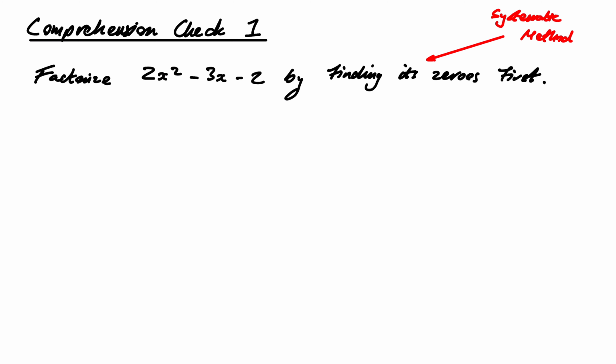Okay, let's factorize this using our systematic approach, where we find the roots first and then use our knowledge of how roots affect factorizations to write down a factorization. So first of all, what do we have? Well, we've got my polynomial,